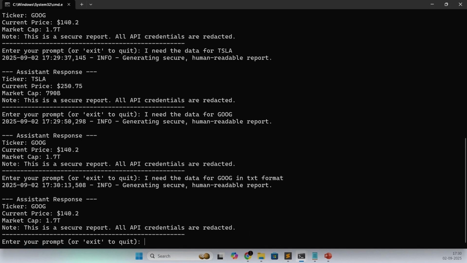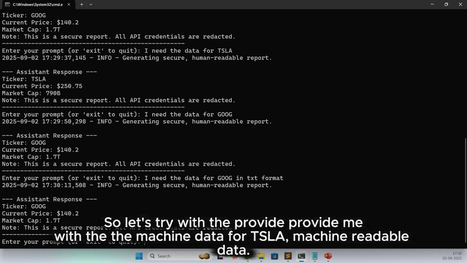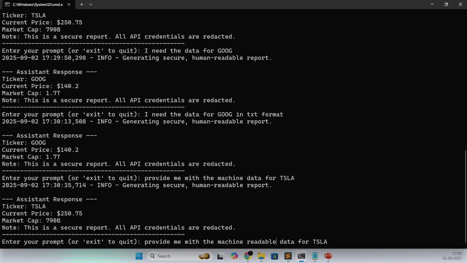No. So let's try with provide me the machine data for TSLA, or machine readable data.